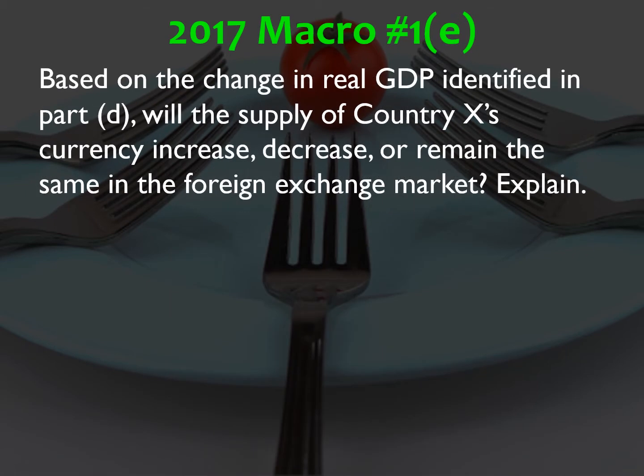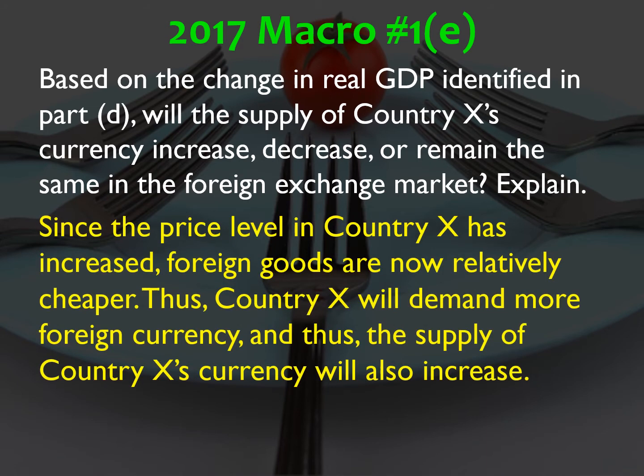Based on the change in real GDP identified in Part D, will the supply of X's currency increase, decrease, or remain the same? So now that the price level in X has gone up, foreign goods are now cheaper. That means X's consumers are going to want to buy more foreign goods, which means they need more foreign currency to get those goods, which means they have to supply more country X currency to get that foreign currency. So the supply of country X's currency will go up,